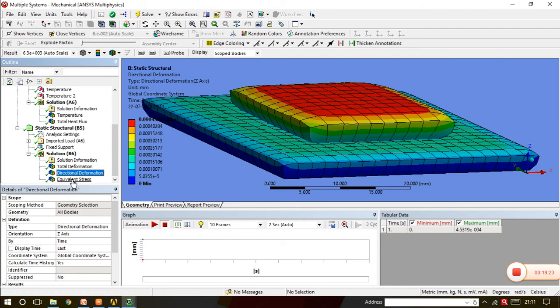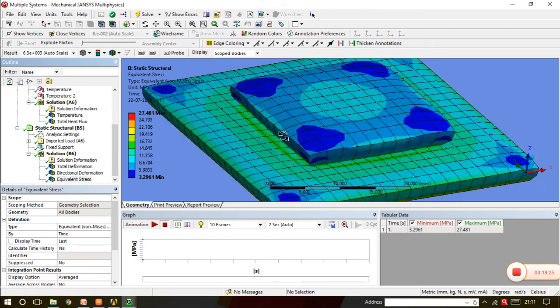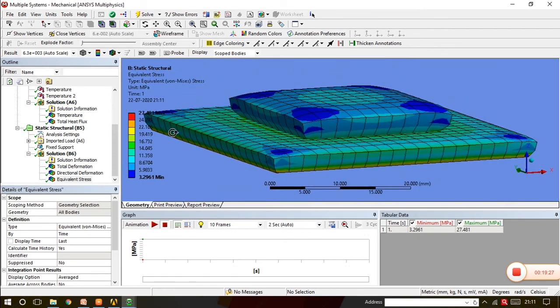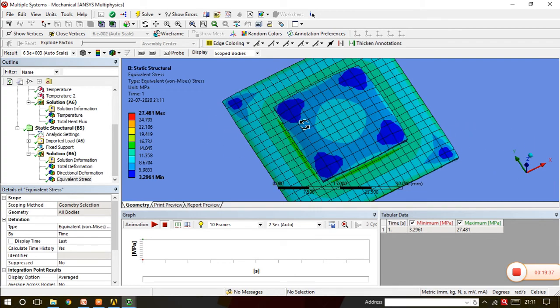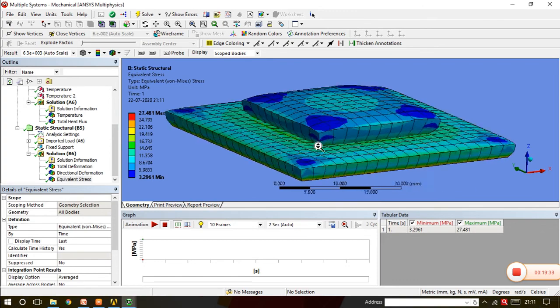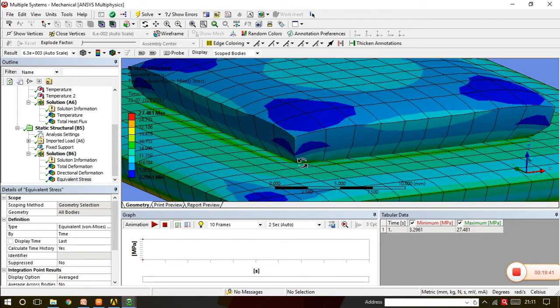And when we see the equivalent stress, we are getting the stress around 70 megapascal, if I am not wrong, 27 megapascal, sorry, it is around 27 megapascal, which is at the bottom. Even the maximum stresses we will get at this particular region also.